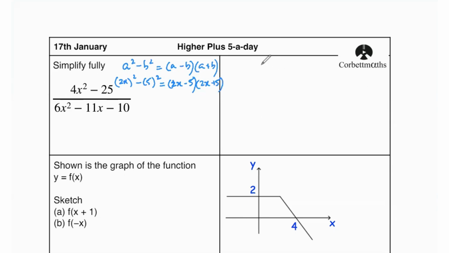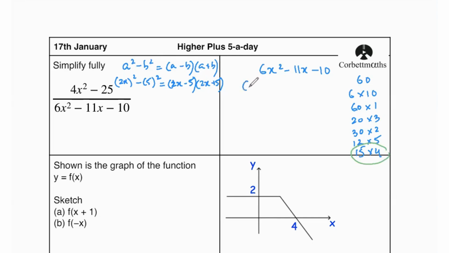Now for the denominator, we have 6x squared minus 11x minus 10. We multiply the coefficient of x squared with the constant, so that's going to be 60. Now we find factors of 60. 6 times 10, 60 times 1, 20 times 3, 30 times 2, 12 times 5, and 15 times 4. So now we have to choose the factors which when added or subtracted give us the middle term, which is 11. So since 15 minus 4 is 11, we're going to replace